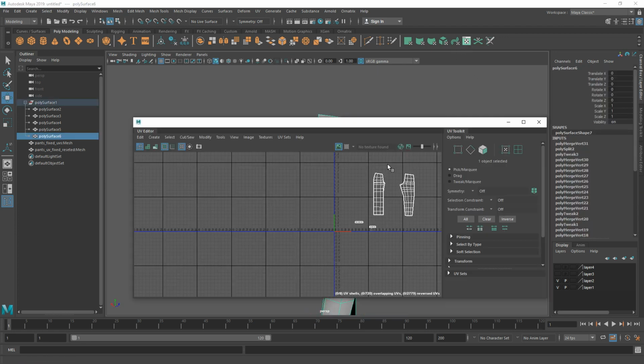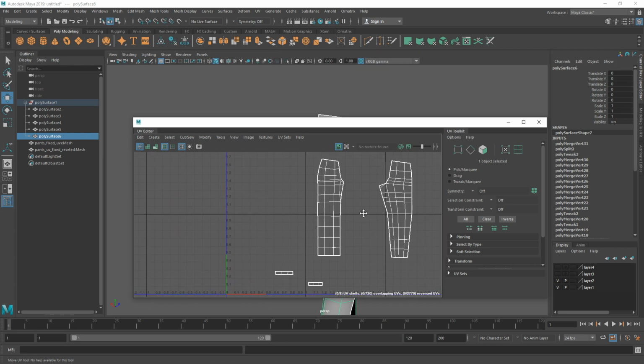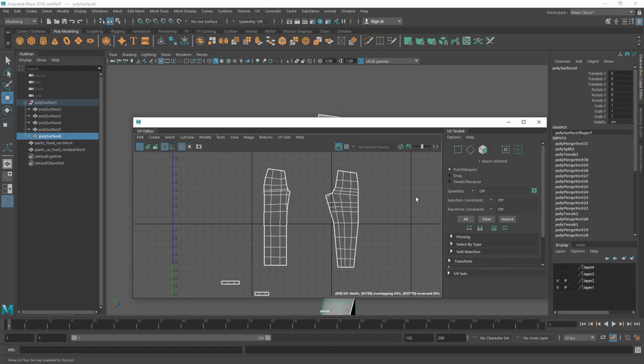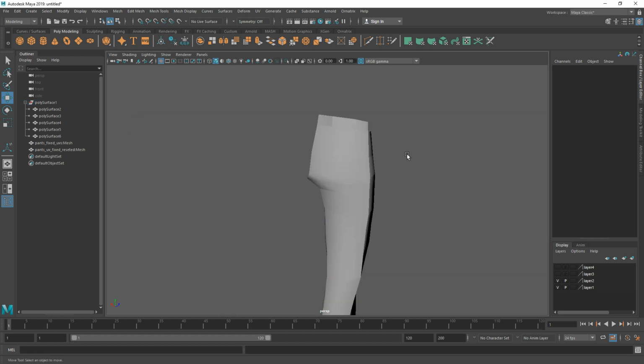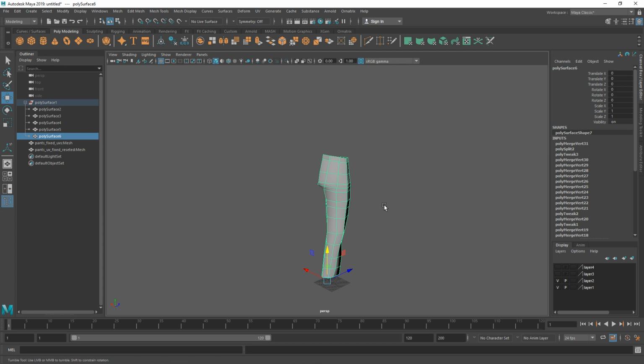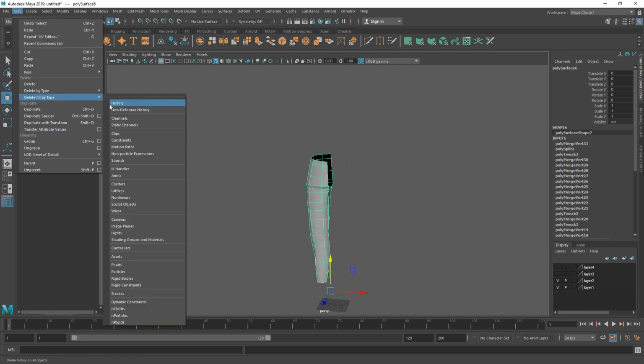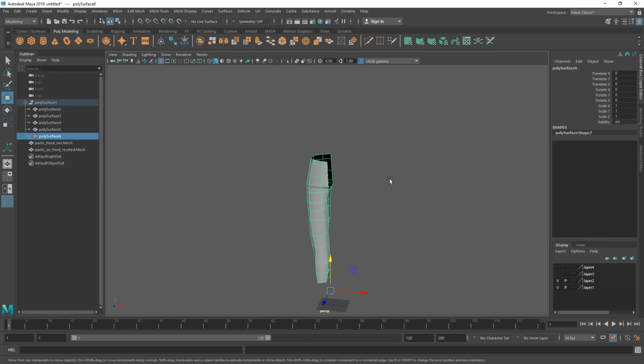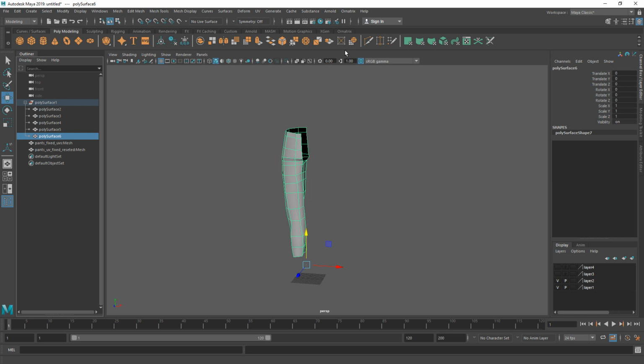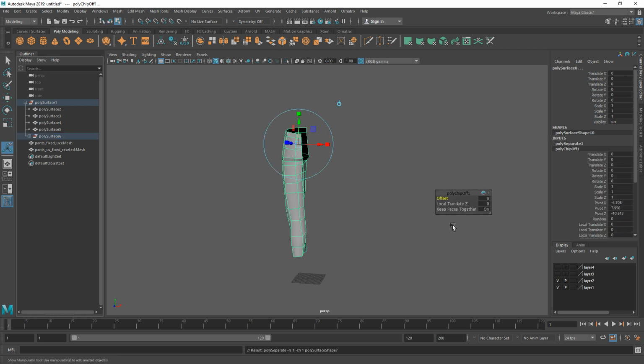Now let's see how we are with the UVs, and as you can see they still have separate UVs and so on and so on. Okay, which is really nice. We can also then duplicate this after we delete all type by history, of course. Let's see, let's duplicate it, and I'm going to